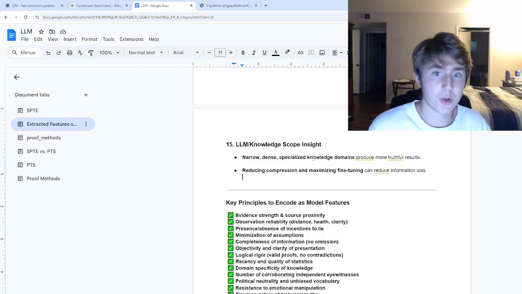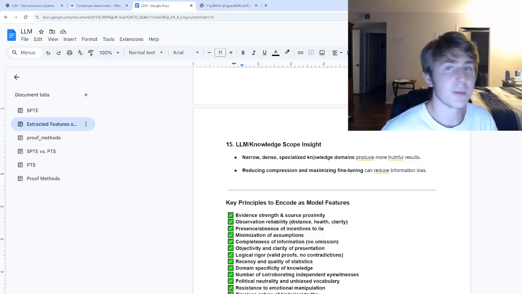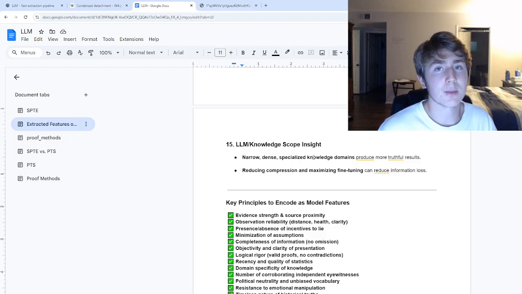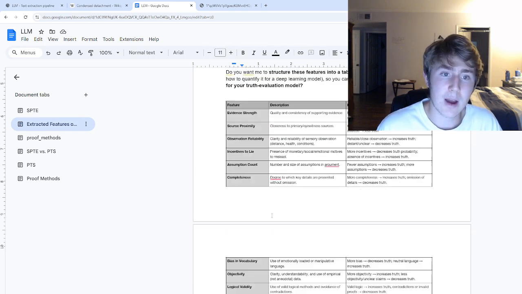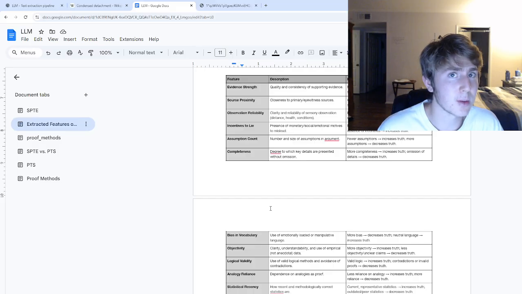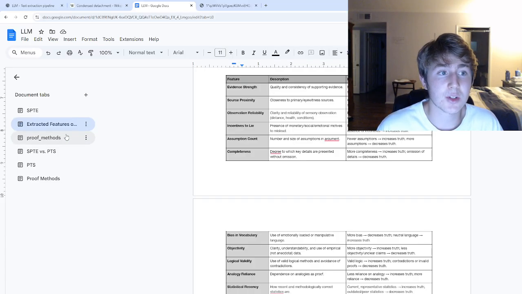If you have a low truth density, if you haven't had an exhaustive search because it's such a massive domain, then whatever result you get, whatever probability of truth you get is incomplete. So that goes into the certainty metric. So you have all of these features, and they're all probabilistic, and they're used to determine the accuracy of the